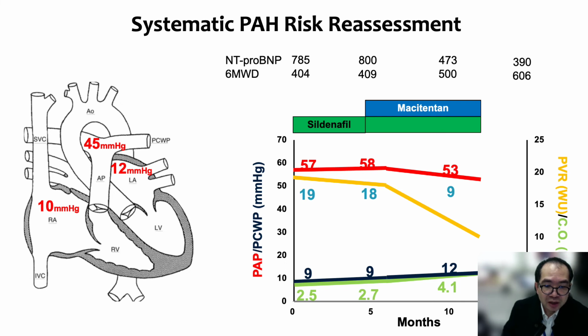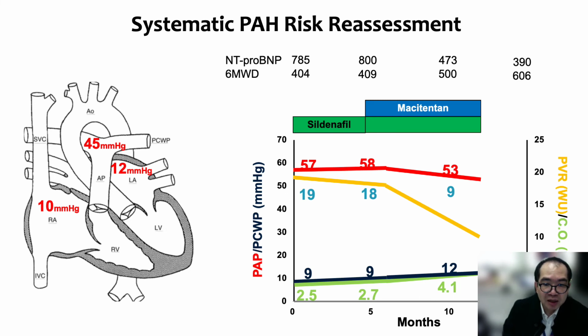And you can see that her pulmonary vascular resistance drops significantly, and the cardiac output increases, despite the mean pressure not changing. It's also a very important message here that because the mean pressure doesn't change, reassessment by echo may not be very accurate, because echo may only pick up the pressure, and may not help us pick up the pulmonary vascular resistance. At 18 months and 1 year, we repeated the 6-minute walking distance and also NT-proBNP. You can see that the walking distance has increased more than 25%,